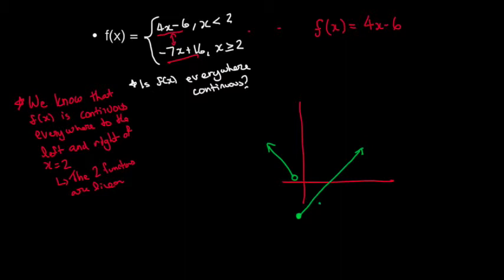Let's say we had a graph like this. Okay, now are both these functions, this is a piecewise function obviously, so are both these functions linear? Yes, they are. So they by themselves are continuous everywhere. However, because this is a piecewise function, there's this huge gap here, this huge discontinuity here, and therefore the limit